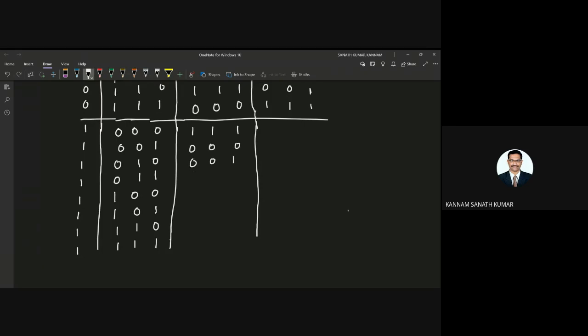So this will be decremented by 1. Down count. Then 1 0 0 goes to 0 1 1, 1 0 1 goes to 1 0 0, and 1 1 0 goes to 1 0 1.